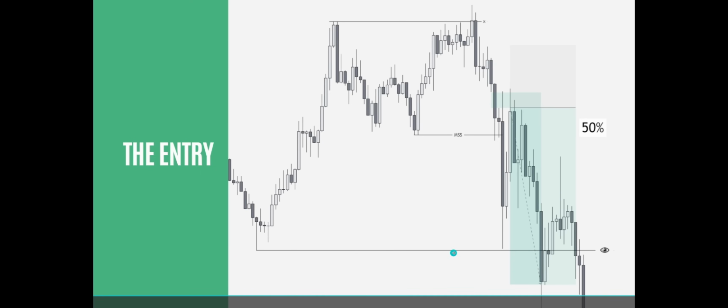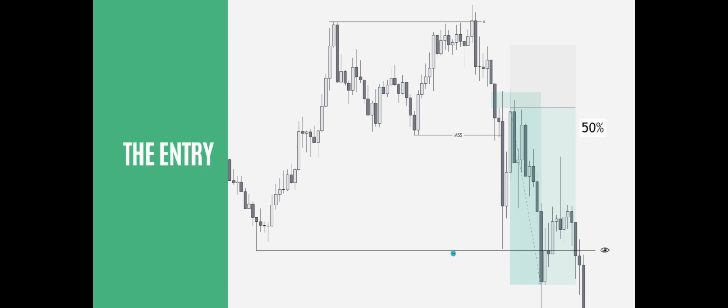And the draw on liquidity is basically going to be your next point where the major liquidity is going to be residing. Meaning that below this low, if you remember the first slide that I covered from liquidity, this is going to be a significant low. There are going to be a lot of orders below that, which the market is going to need to continue